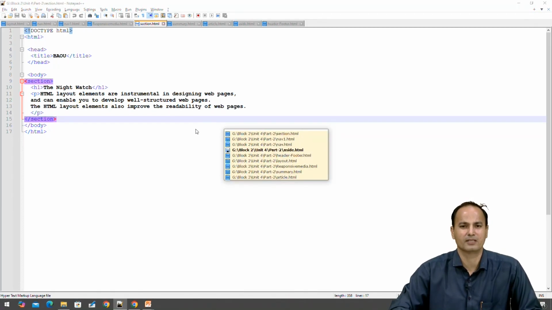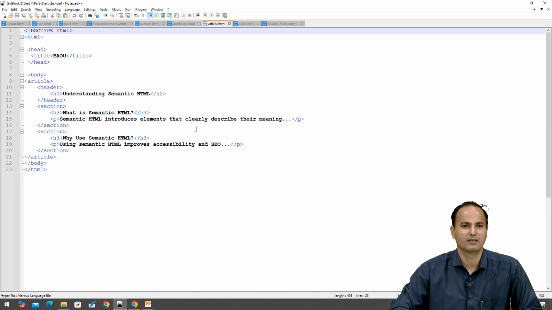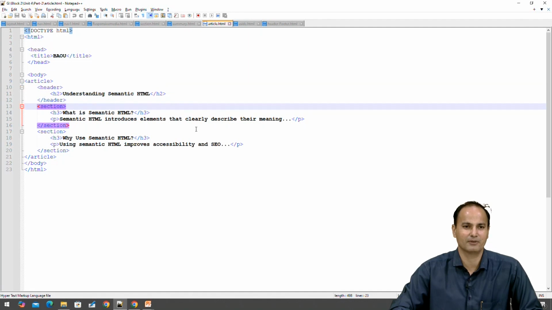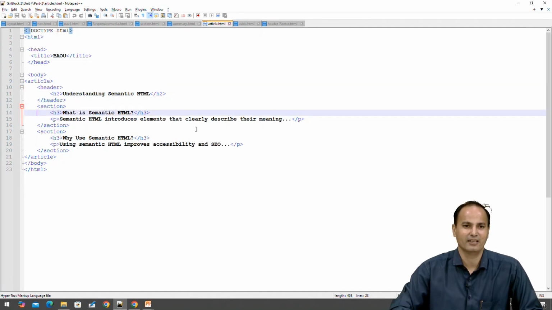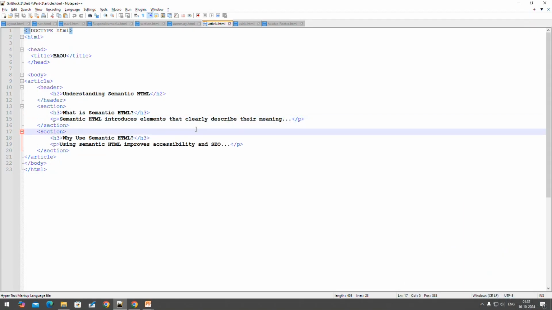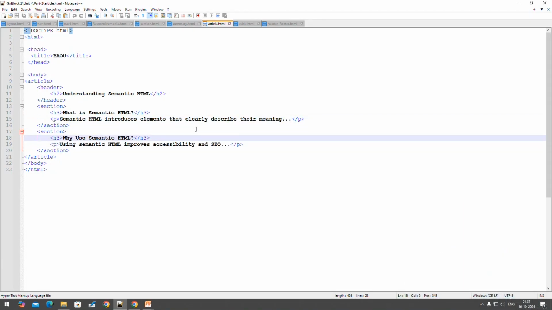So it will be better to understand. In this example you can see that we have one article tag, within that we have a header tag, then after we are using the section tag. Section is having a header tag and one paragraph. We have used another section, within that we have a header and paragraph,